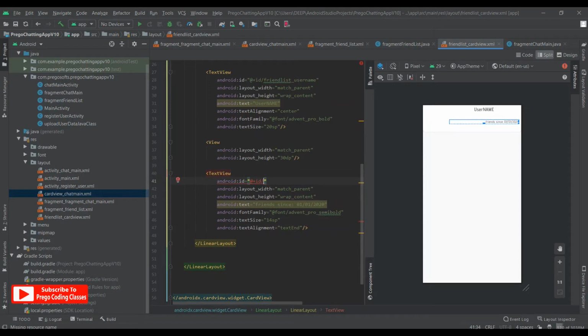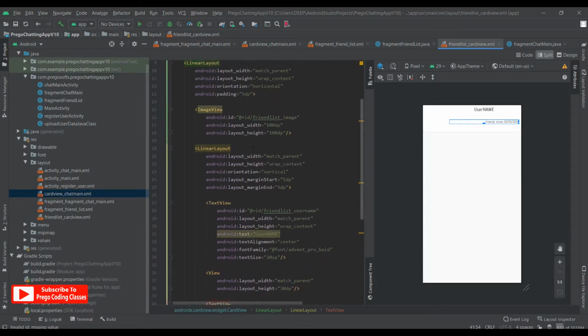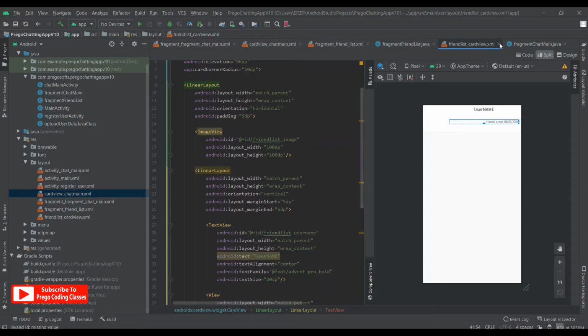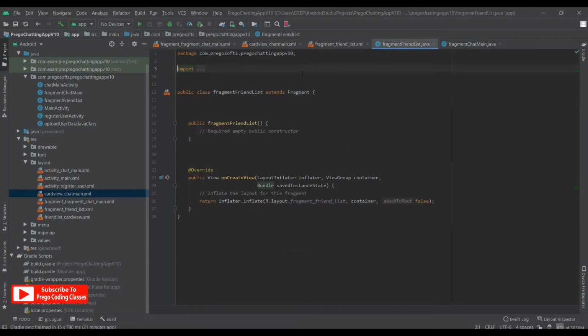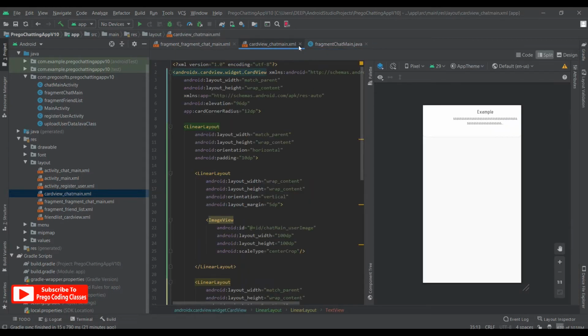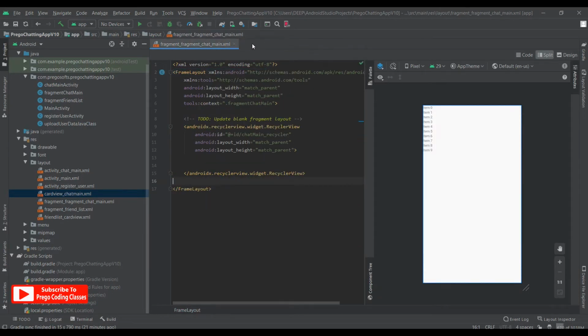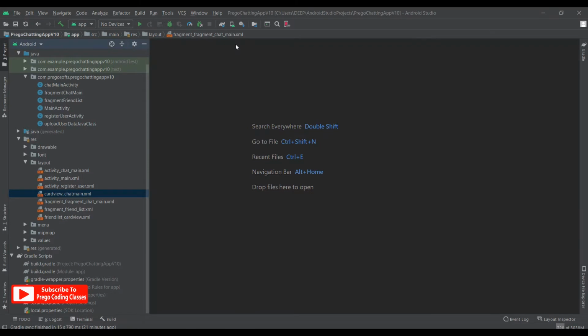We should say friend list since date. And that's it. We are done with the card view and the friend list fragment. So we'll close everything over here and we'll again make another fragment and card view for the friend request.